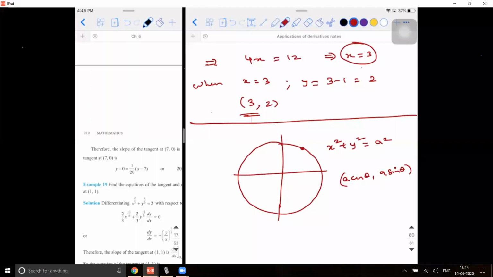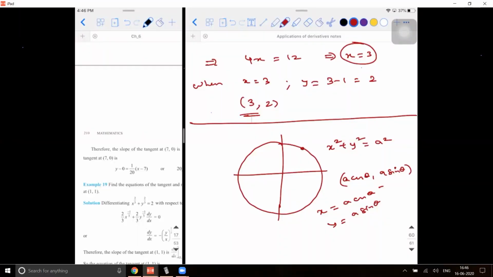See, in 5.5, I don't remember, 5.5 or 5.6, we did the parametric differentiation, right? There they would have given it as x is equal to a cos theta, y is equal to a sin theta. Find out dy by dx. Indirectly, what are they asking? Indirectly, what are you doing actually? Slope. You're finding the slope of whom? Slope of the tangent to what curve? You are actually finding the slope of a tangent to a circle with center at the origin.